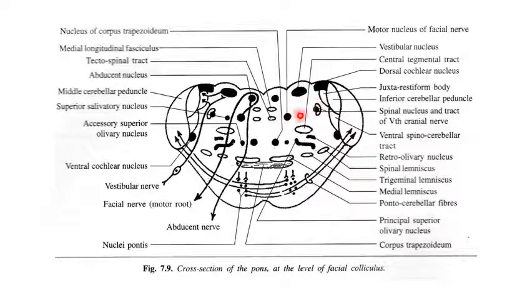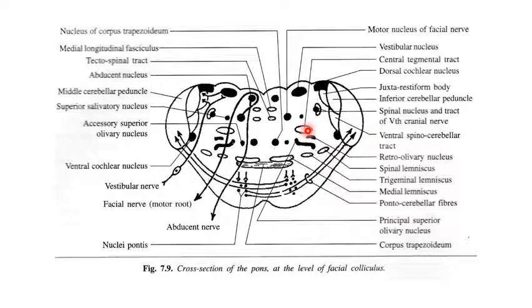After this, look at this nuclear complex. This section is at the level of the facial colliculus. Here lies the nuclear complex of the facial nerve, and there are four functional components, four nuclei of the facial nerve, from medial to lateral. First is the motor nucleus of the facial nerve. Lateral to it there is the superior salivatory nucleus. Further laterally, there is the nucleus of tractus solitarius, which is not present in this diagram, but somewhere over here lies this third nucleus, and the fourth is the spinal nucleus and tract of the trigeminal nerve.